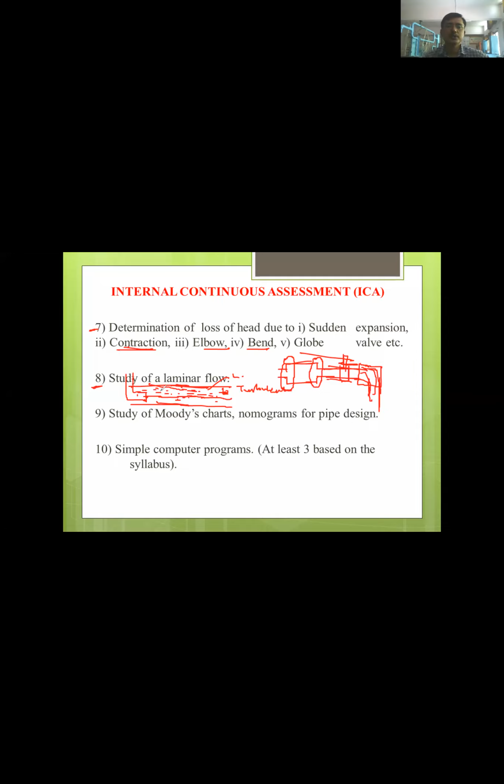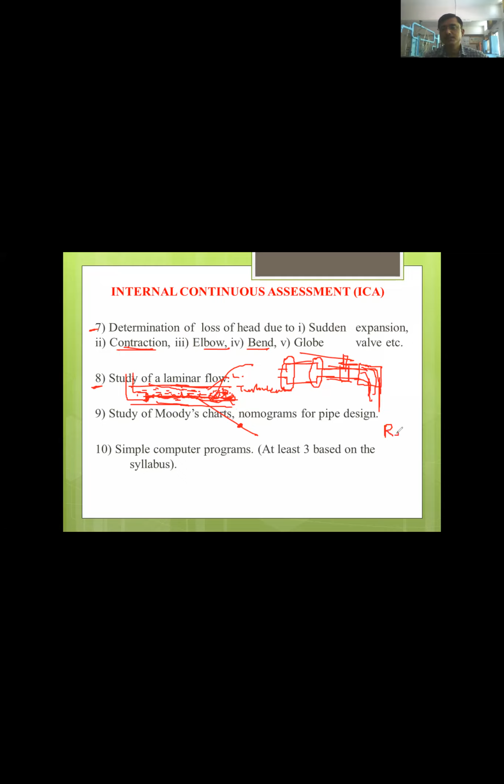Okay, water is flowing, water is transparent, we cannot see the turbulence of the water easily, but here we are using a chemical dye which is blue in color, so it can be observed. If the dye is flowing in a straight line, we can say the flow is laminar flow, and if the dye is moving in a zigzag way, we can say that flow is turbulent one. So by visualization also we can check whether the flow is laminar or turbulent, and with the help of some